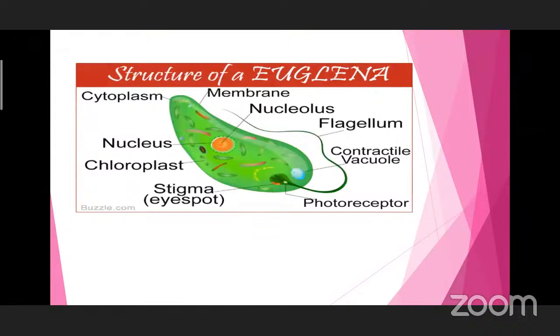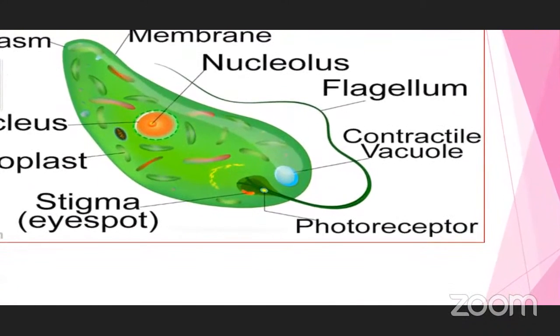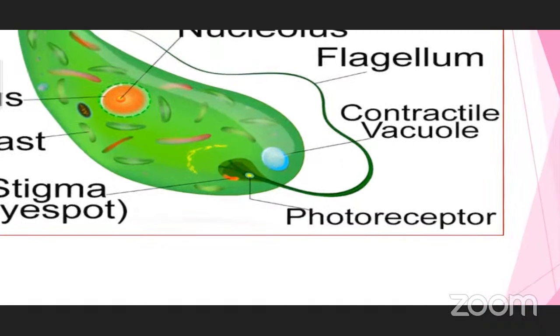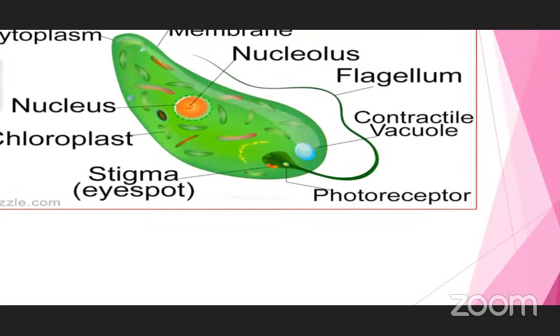So you can have a picture of the Euglena also. So this is the Euglena, the photoreceptor cell. You can see here the photoreceptor point. Photoreceptor means to detect light. Because Euglena requires light for undertaking photosynthesis, it has to detect from where the light is coming. And this photoreceptor part is going to help it detect the light. Due to a certain pigment, a red color spot is seen here. This is called the stigma or eye spot.